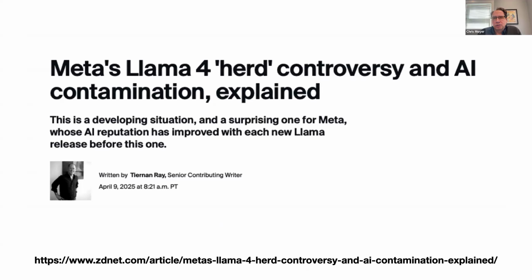Meta, just over last weekend, I think it was just last weekend, announced Llama 4, and they're dubbing it the Llama Herd. They have Llama 4 Behemoth, Llama 4 Scout, and Llama 4 Maverick. And apparently the Llama 4 Maverick was specifically trained, overfitted basically, to score well on LM Arena, which is a site hosting chatbots.